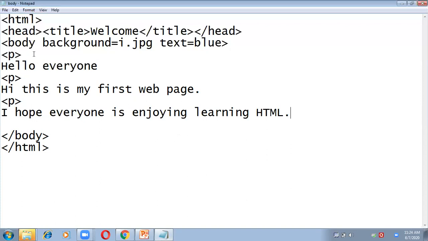But remember one thing, that paragraph tag is an empty tag, so you can open it but no need to close it. Next is a paragraph tag is also having an align attribute with it. So now suppose the first line of the paragraph I wanted to display on the left hand side, then second line I want to display on right hand side. So we will use align attribute.